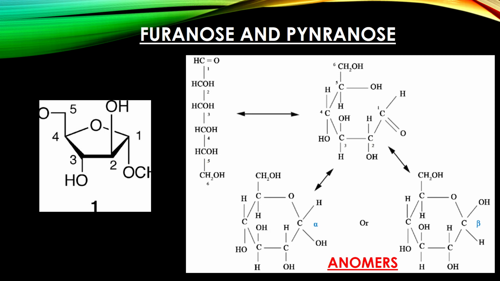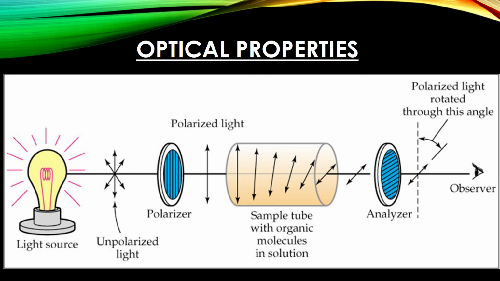and beta-D-ribofuranose. To measure optical properties of enantiomers, monochromatic light, a single wavelength light, is passed through a polarizing material. If the light emerging from the lens rotates clockwise, or right, then such a compound is said to be dextro-rotatory, designated by a plus sign. And if the compound rotates the plane polarized light in a counterclockwise direction, then it is called levo-rotatory